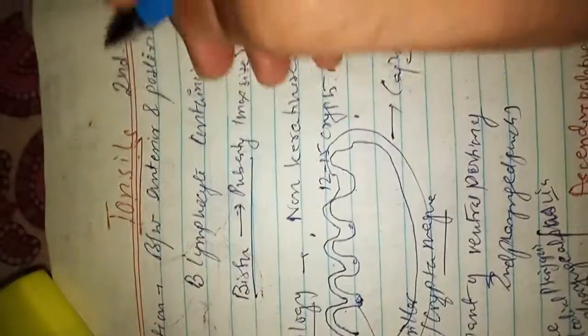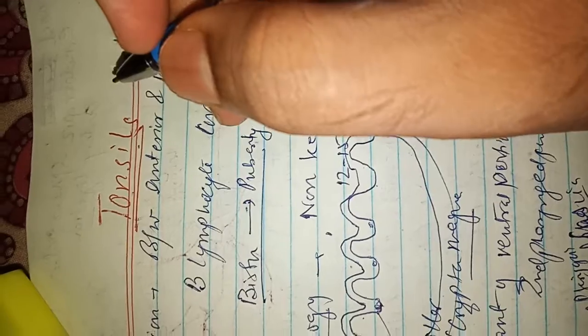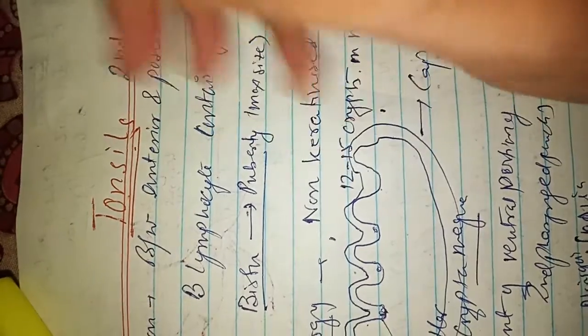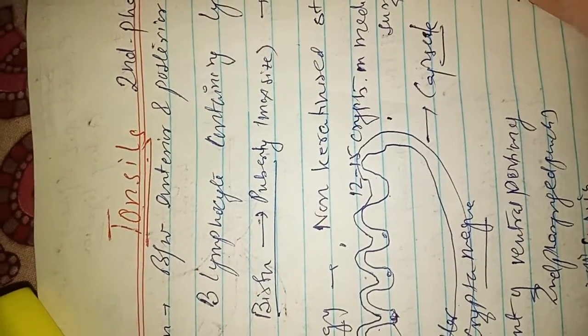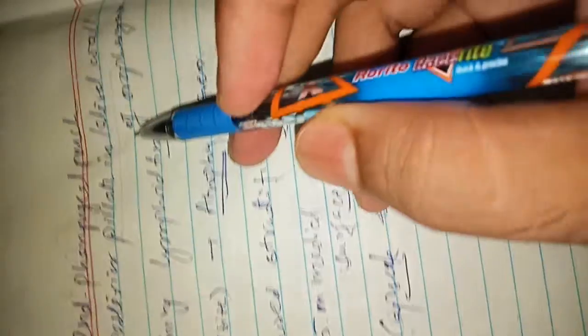Good morning, everybody. So, today I will talk about tonsils and acute tonsillitis and tonsillectomy operation. In this lecture, I will talk about the anatomy of the tonsils. The tonsil is actually located between the anterior and the posterior pillar in the lateral wall of the oropharynx.